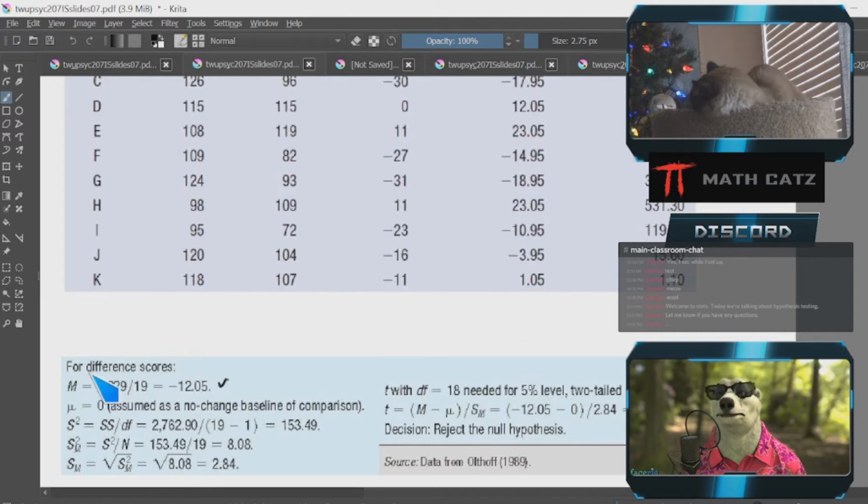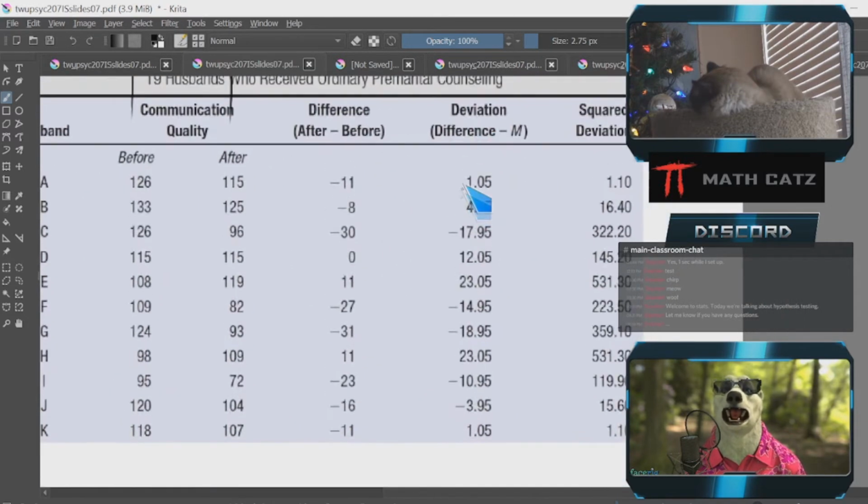This is now specifically difference scores. Everything's going to be done with the difference scores. Calculating the deviation from the mean, sum of the square deviations, then we can calculate the sum of the squares